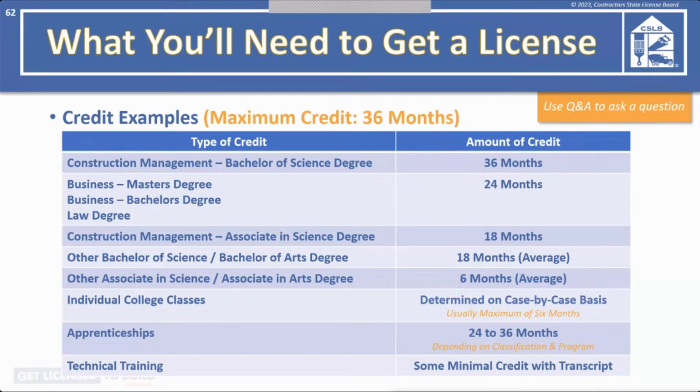The certifier has to be someone who has firsthand knowledge of that experience. And even if you don't have contact with that contractor, if you have relationships with anybody who had firsthand knowledge of the work you did back then, it doesn't have to be the contractor. It could be a fellow employee that you worked with at the time that could become your certifier. So just within the last 10 years, anybody who has firsthand knowledge of you performing the trades that they're going to list on the certification of work experience.